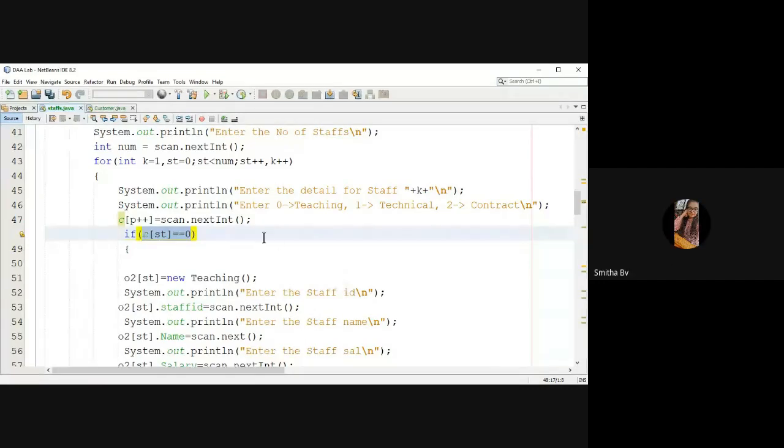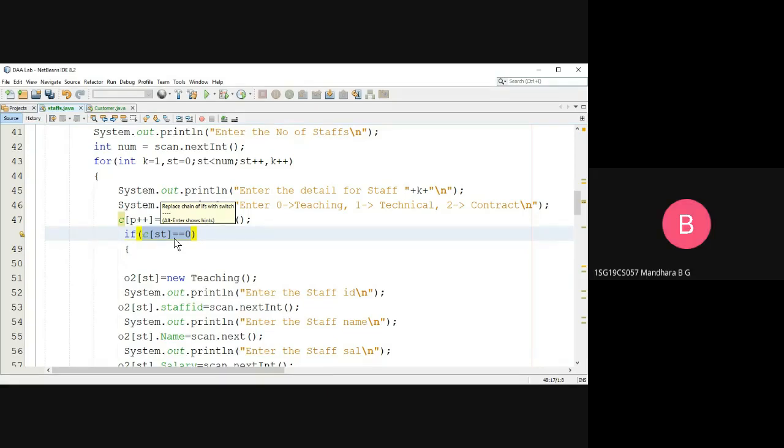Yes, sir. So what is the value in c of 0? We stored the input here. With scan.nextInt, we gave the input as 0, so that is stored in c of 0. So when we are checking c of 0 is 0, 0 equal to 0. The first input we gave as 0 is stored in the c of 0th position. So c of 0 equal to 0 we are getting. So whether the condition is true or false, can you tell me?